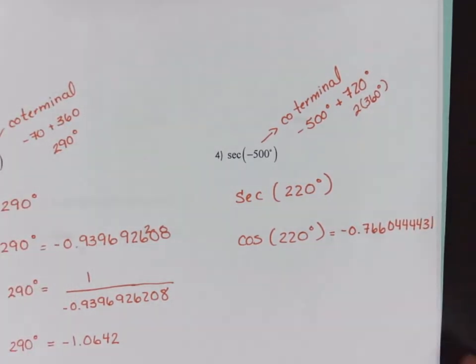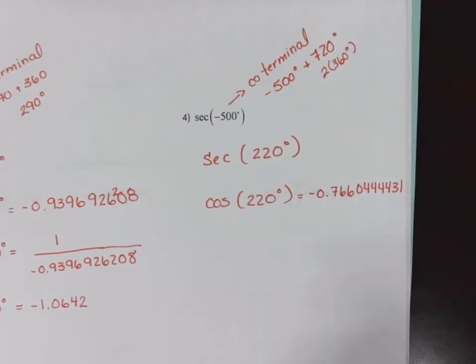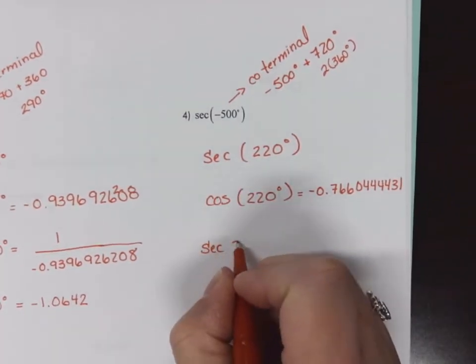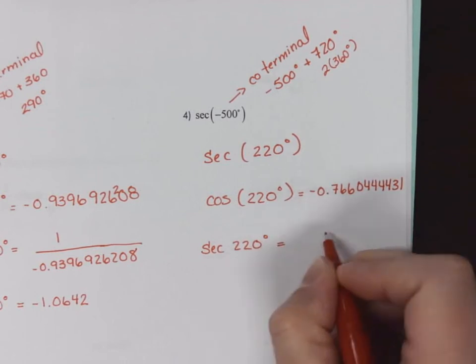There's 4. I had to stop and count them. So if we want to find secant of 220,